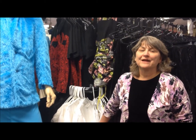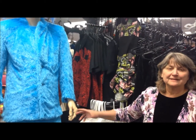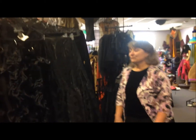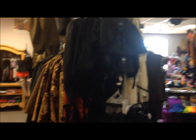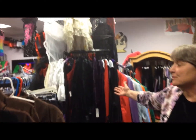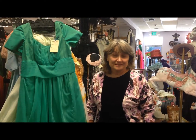We're now in the center part of our etc. area where we have some extremely fun clothing. I'm going to show you the different areas we have. Of course, crazy things like this, but we also have goth clothing like this. We are really big on our steampunk clothing. We are heavy on our Renaissance, high-end Renaissance clothing, fancy pirate coats, and the newest addition to Disguises is our